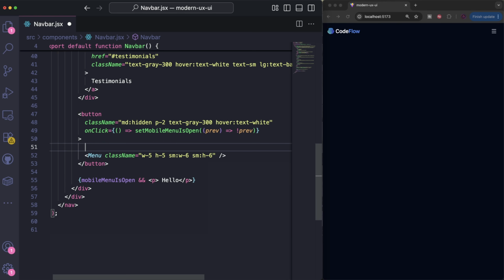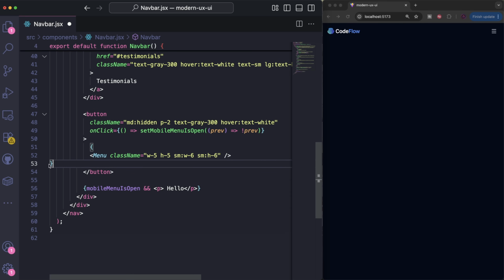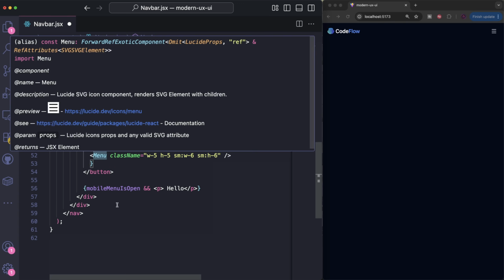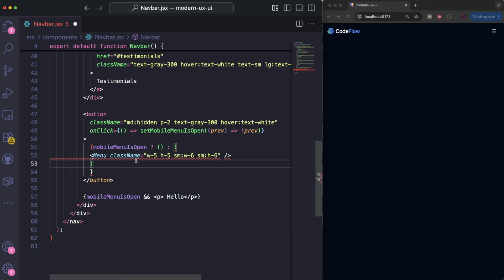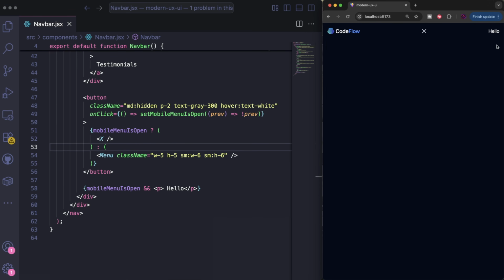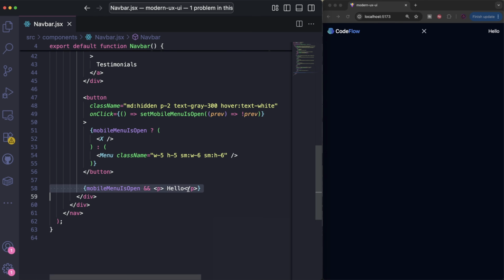For example, I want to change what the icon is inside of this button depending on whether or not mobile menu is open. So I'm going to wrap this icon or the label inside of this button with some curly braces. And then inside of here, I want to check to see if the mobile menu is open. Because if it is, we don't need to show a hamburger menu. We actually need to show something else. I want to show an X icon because it's kind of like you want to close the menu. So I'm going to use the X icon from Lucide React. And you'll see that when I click on this, this now should become an X. Let me just remove this because